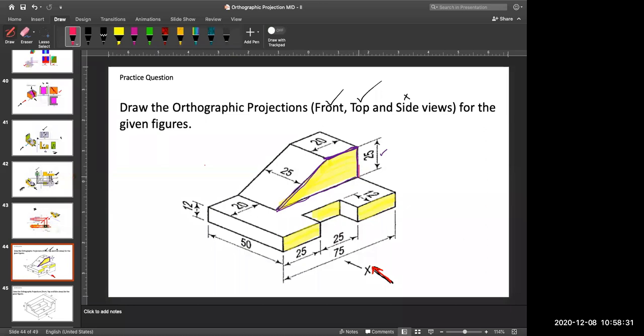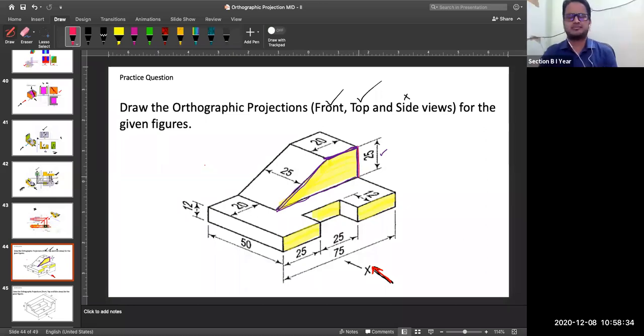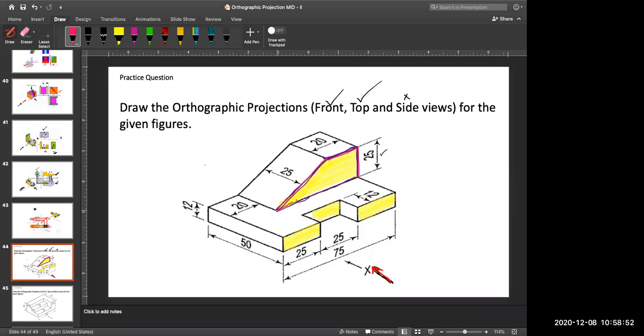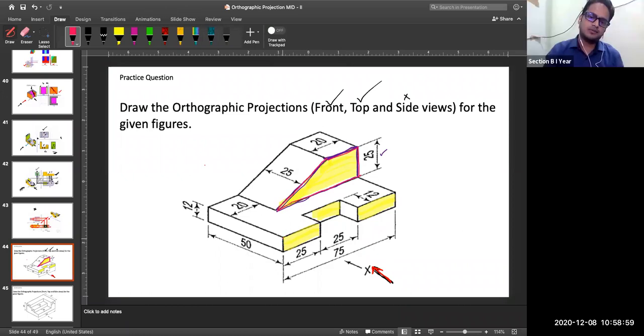Sir, can we draw roughly or with measurement? Roughly. Try to draw it with scale, but a rough sketch. No need to go with dimension because it will take time. Rough measurement, how the shapes will look, I want to see that. So these are those four faces that you will be able to see in your front view. Try to draw and show it to me.